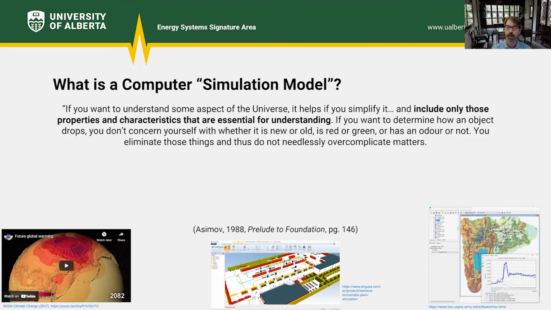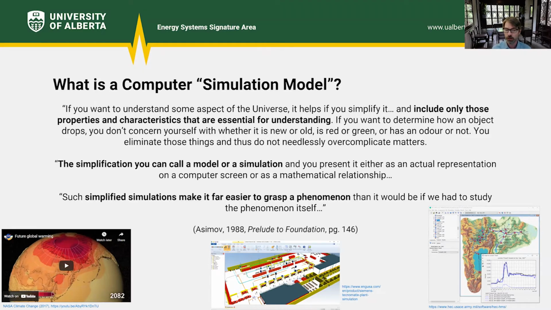If you want to determine how an object drops, you don't concern yourself with whether it's new or old, is red or green, or has an odor or not. You eliminate those things and thus do not needlessly overcomplicate matters. The simplification you call a model or a simulation, and you present it either as an actual representation on a computer screen or as a mathematical relationship. Such simplified simulations make it far easier to grasp a phenomenon